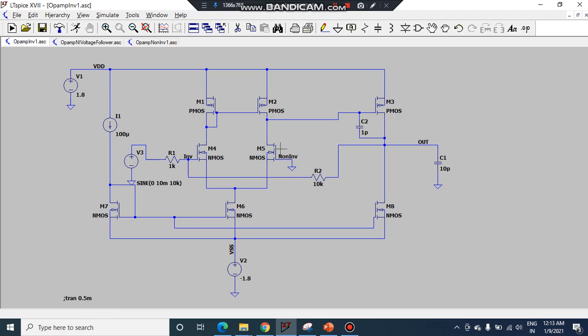Now let us try to figure out which terminal is inverting and which one is non-inverting. So let us assume that I apply input at this terminal, which I have designated as non-INV. This other terminal for a differential amplifier will serve as an AC ground. So it will work as a common source amplifier. The output is taken across the drain and hence must be 180 degrees out of phase with respect to input.